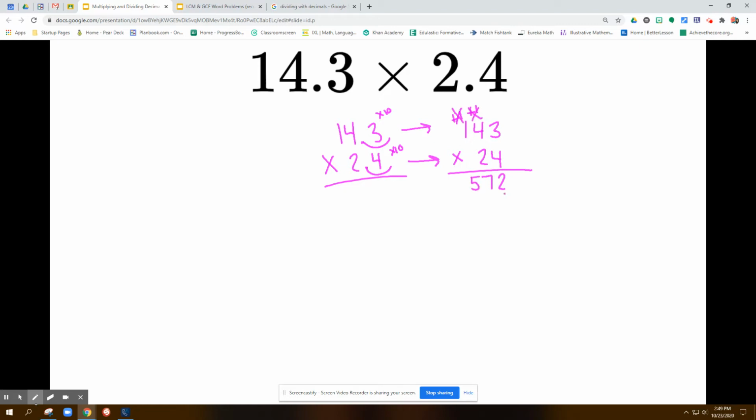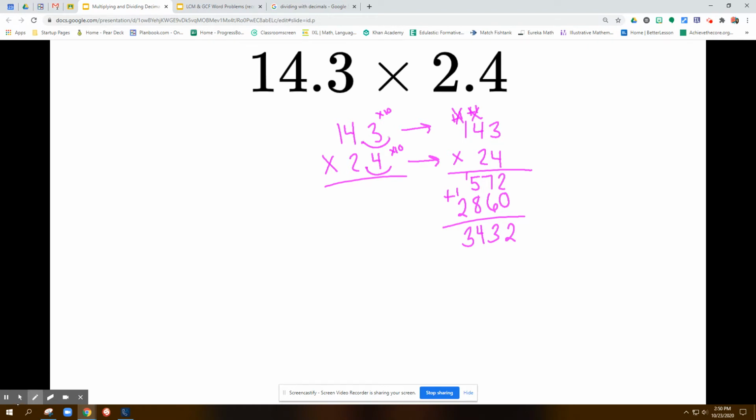Now I need to go through, put my placeholder 0, and multiply by 2. So 2 times 3 is 6, 2 times 4 is 8, and 2 times 1 is 2. I add my partial products together, so I get 2, 13, 14, and 3. Now, I have to remember to go back, though, and put in the decimals that I originally got